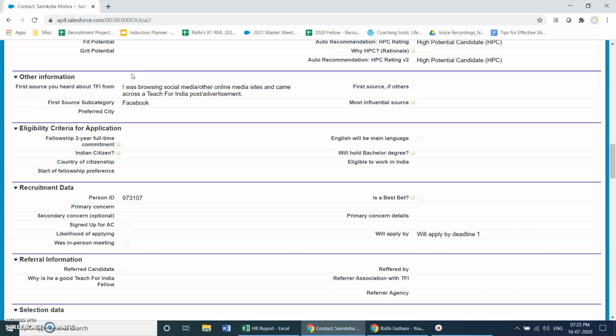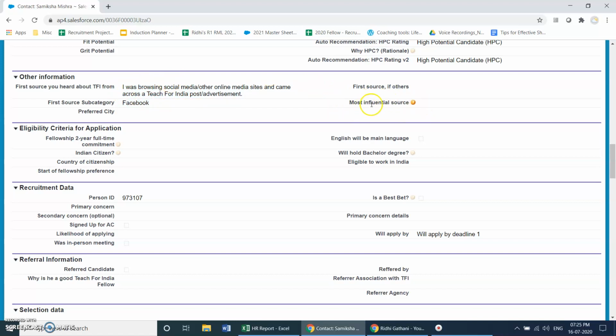So someone who has come while browsing social media might just have a very, very small glimpse of the fellowship, versus someone who already has spoken to a fellow, who understands the fellowship, or who has volunteered in a classroom. So this really helps in understanding what information they are coming in with.